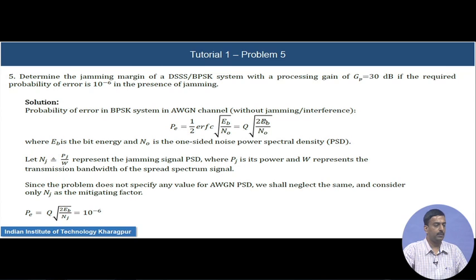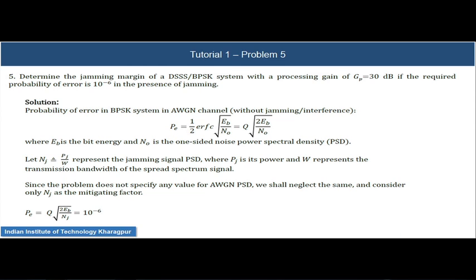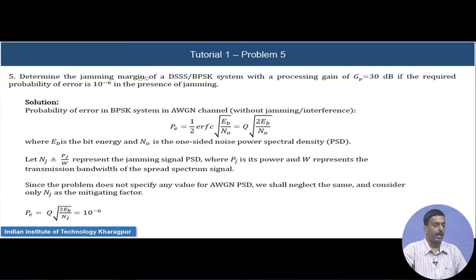Finally, we have problem number 5, where we need to find the jamming margin of a direct sequence BPSK system, and what we see is we have a processing gain of 30 dB, which is specified, and a probability of error of 10 to the power of minus 6 is required in order to make the system communication effective. So, what we notice is that we have a BPSK system, and therefore, we begin the solution by